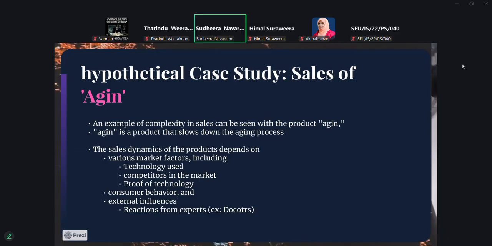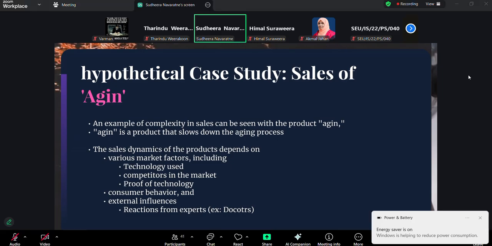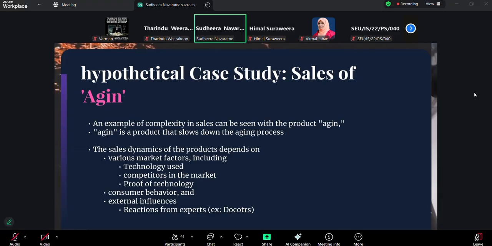So consumer behavior also matters, which is very hard to model, because the consumer is a human. We argue on certain things, we wait, we observe, we do a lot of things before we try anything else, right? So it's very complex behavior.